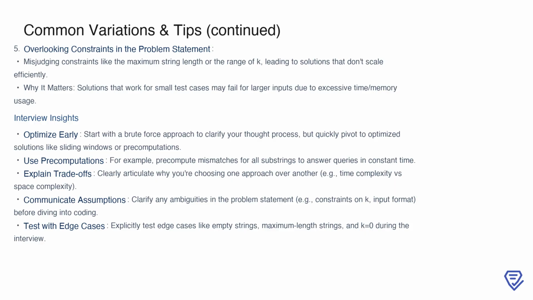In an interview setting, start with a brute force solution to clarify the problem, but quickly pivot to more optimized methods like sliding windows or pre-computations. Pre-computing mismatches for all substrings, for example, allows you to answer queries in constant time. It's also essential to clearly explain the trade-offs between approaches, whether you're prioritizing time complexity, space complexity, or both. Additionally, communicate any assumptions about the problem upfront, such as constraints on k or the input format, to avoid missteps. Finally, always test edge cases like empty strings, maximum length strings, and k equals 0 to ensure your solution is